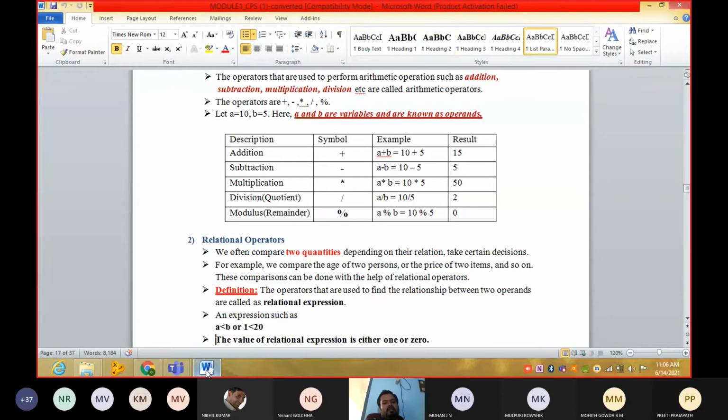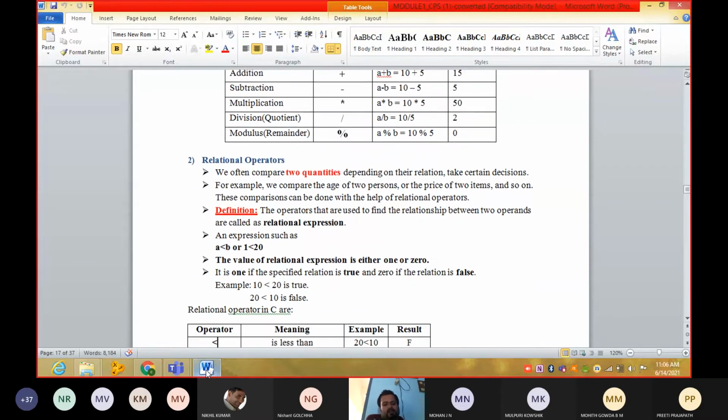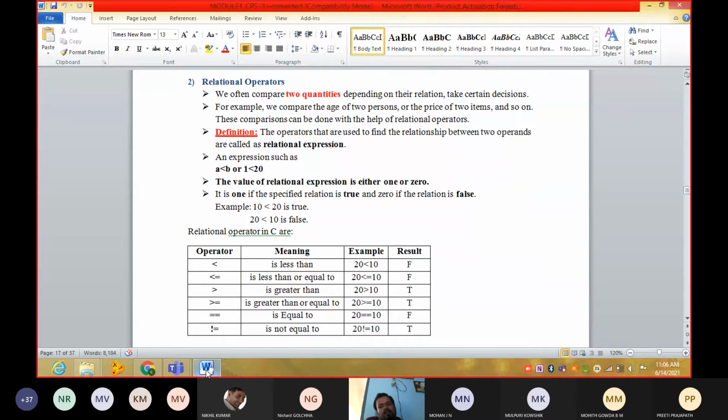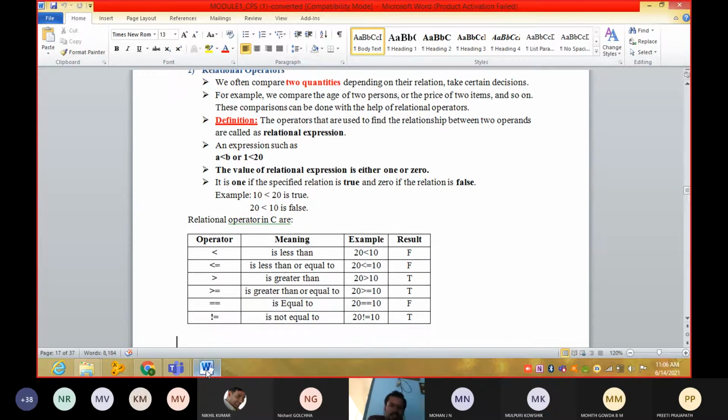That is equal to, greater than, less than, greater than or equal to, less than or equal to, is equal to, is not equal to. So these are relational operators.